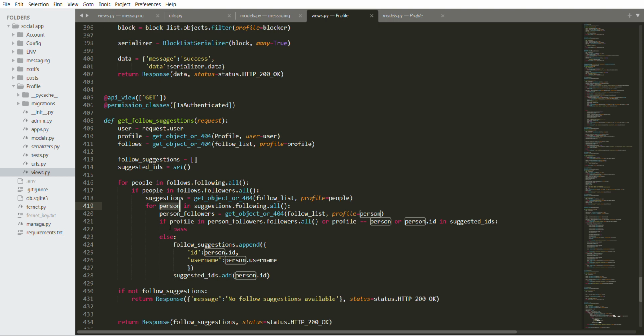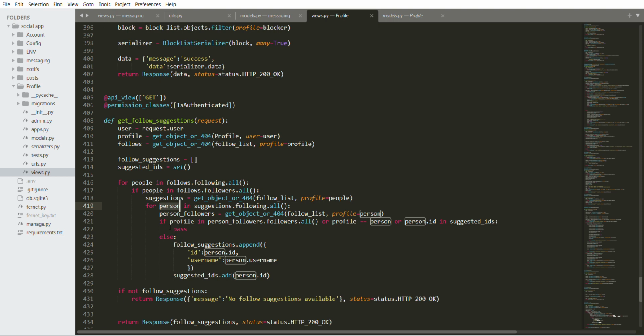Now, the first check that we want to do is, so if user A is following user B and user B is following user A, and user B is also following user C, but user A is also following user C, but user C does not follow user A. I hope you are not confused. So user A and user B, they are mutuals, so they follow each other. User B follows user C, user A follows user C, but user C doesn't follow user A back.